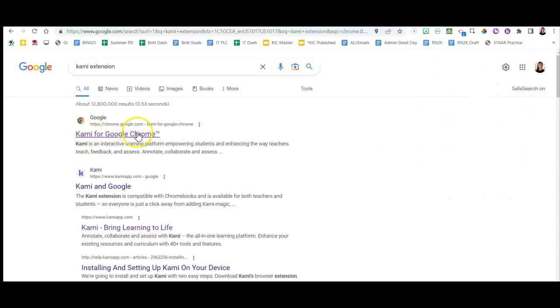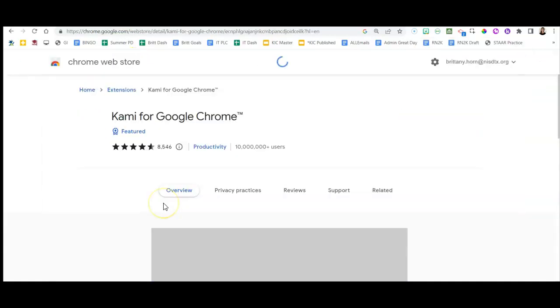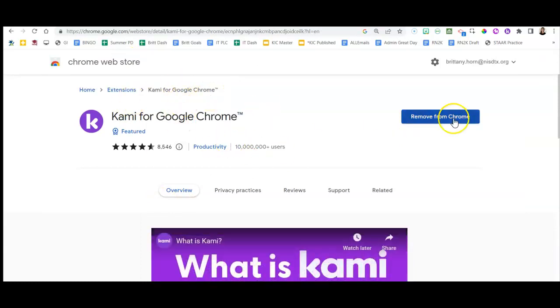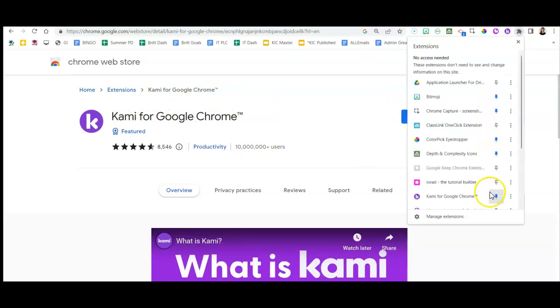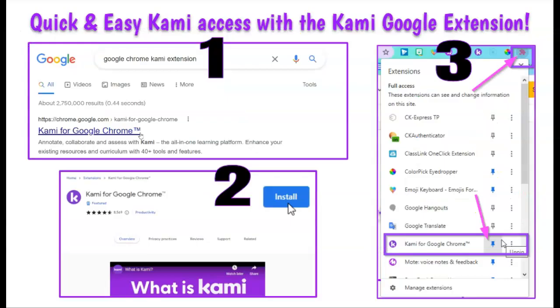If you don't currently have the extension, you can click on Cami for Google Chrome. So you're going to go ahead and just Google Cami extension, Cami for Google Chrome, and then click Add to Chrome here. You're going to make sure to allow the permissions, and then you can go in and pin your Cami extension. Feel free to pause the video if you need to go ahead and get that Cami extension and